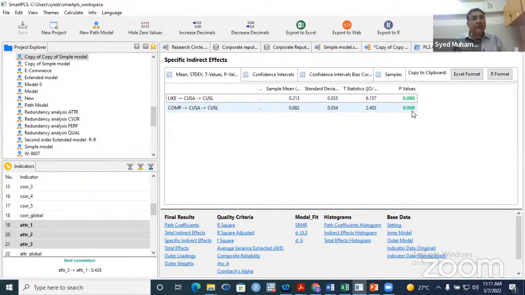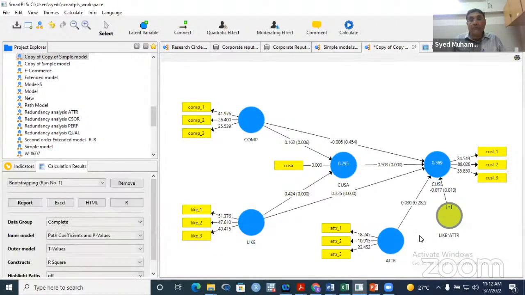Instead of writing accepted or rejected, we prefer to write supported, non-supported, because it is actually with the help of our data we are claiming whether the hypothesis is supported or not supported. Maybe with another data set, this hypothesis may prove to be true or supported, which is not supported by our data set. Now coming to the final in this model, there is one more hypothesis of moderating term, that is interaction term. This moderating term hypothesis will be checked with the help